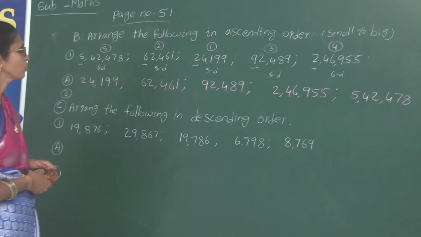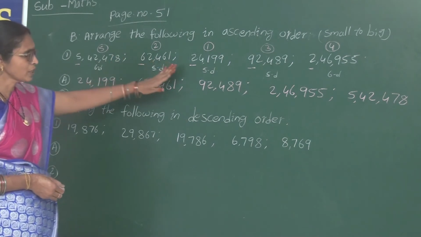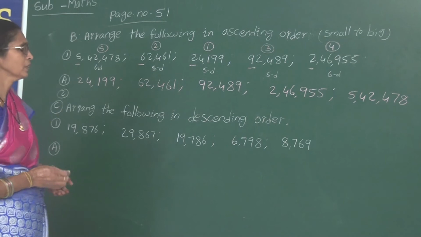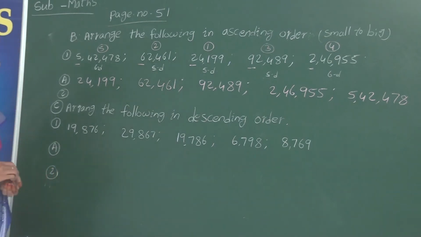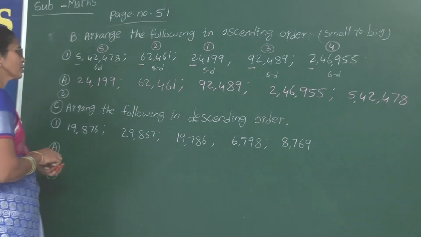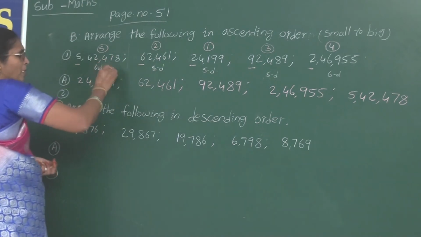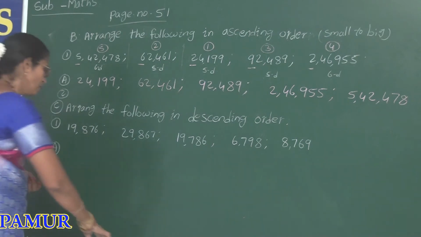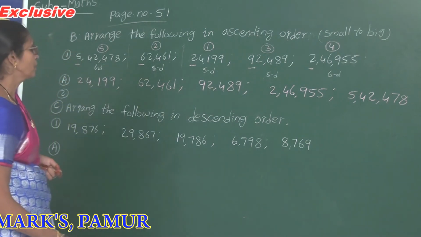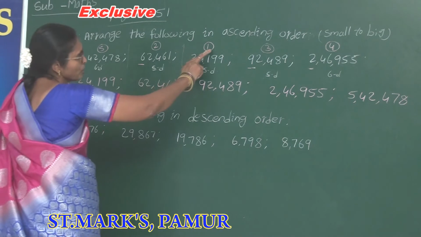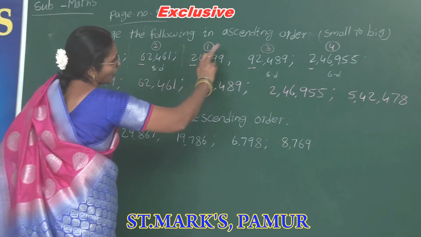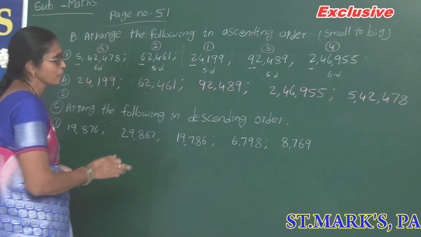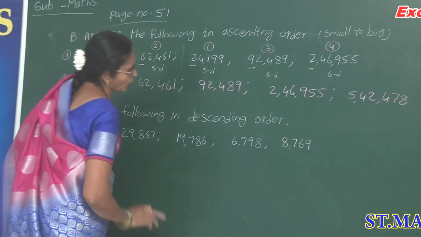Understand? So first of all, we want to find out which is the smallest, and then we want to arrange in an order. This is the ascending order. You understand? So don't be confused. Up to this is one number, up to this is one number, like that. And before arranging, you have to circle like this. First place, what is the number? Second place, what is the number? Like that, if you arrange, it's very easy to rewrite.